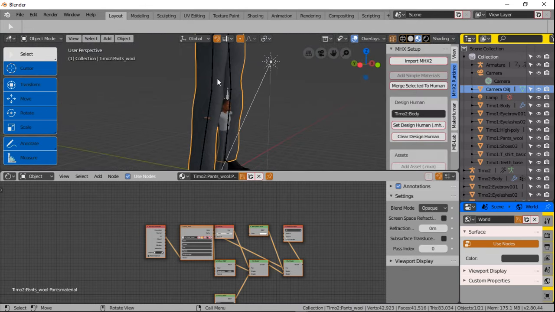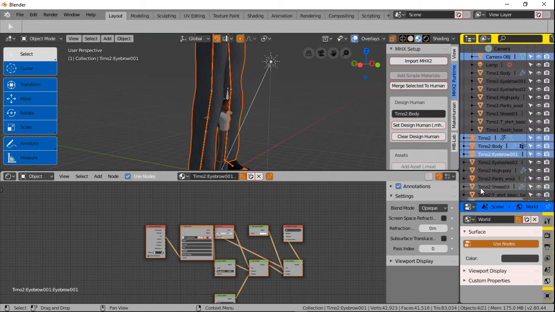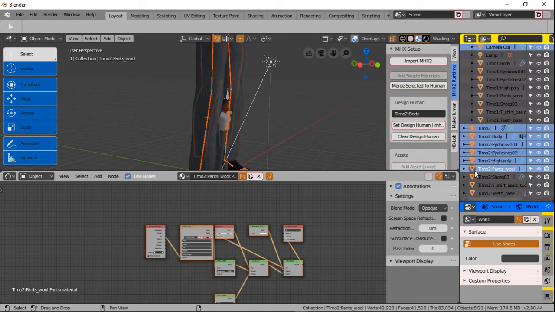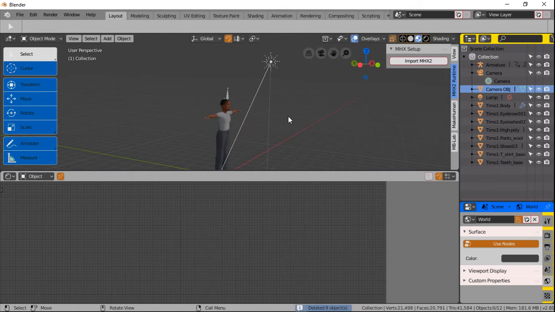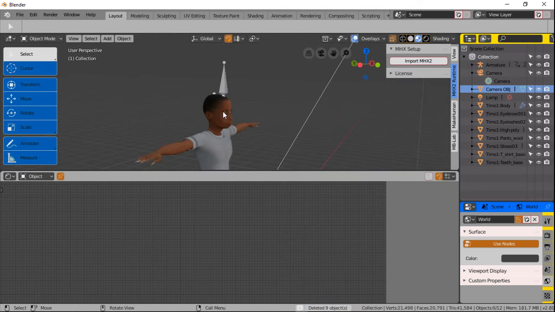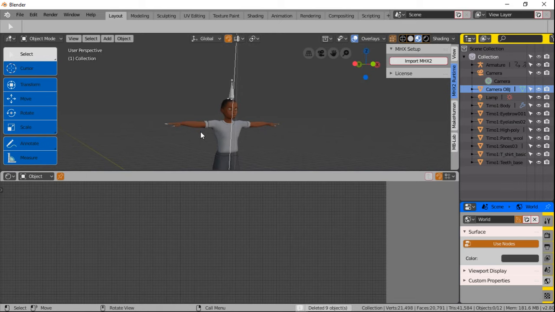So now we're going to select everything in Timo 2 and use the shift key to select all of these here. Shift left click mouse button and delete all that. The delete key while you're in the viewport, and bam, now you're back to square one,